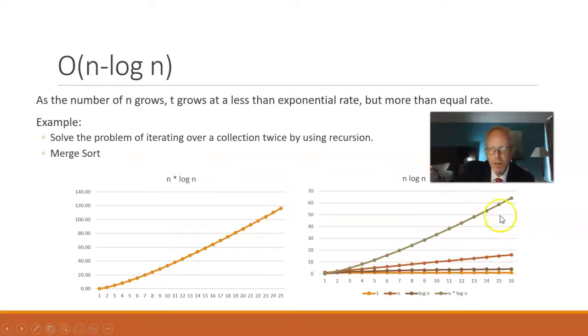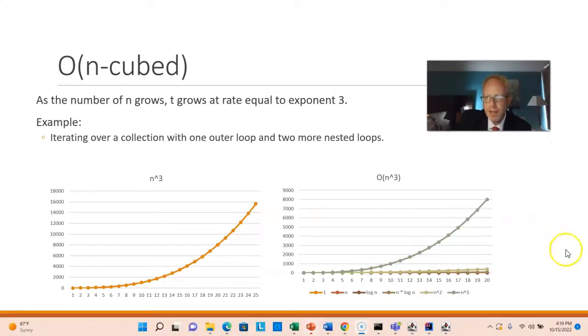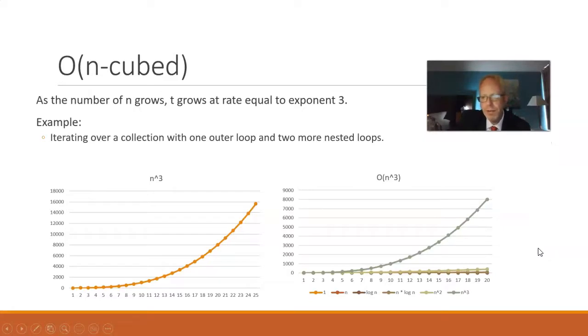Now, the last big O we're going to consider is O(n cubed), and this is one we'd want to avoid. This would be an outer loop of a collection that has an inner loop of a collection, and that inner loop has yet another inner loop. And once again, if you think mathematically, the outer loop is going to have to process n times, right? The first inner loop is going to have to process n times,